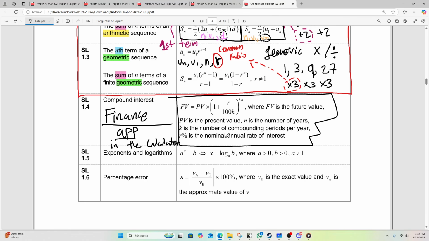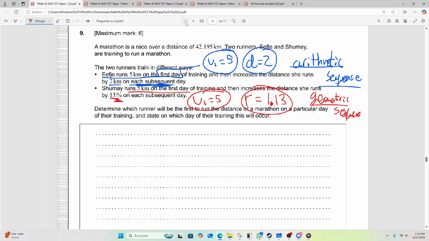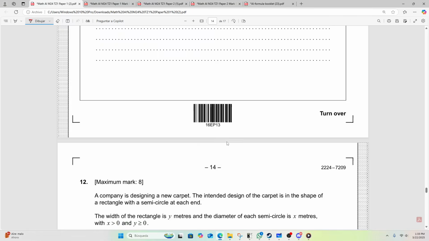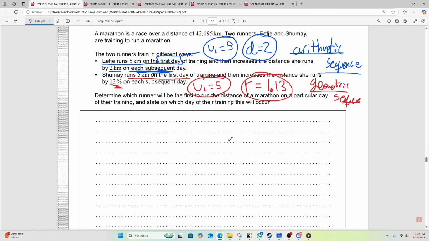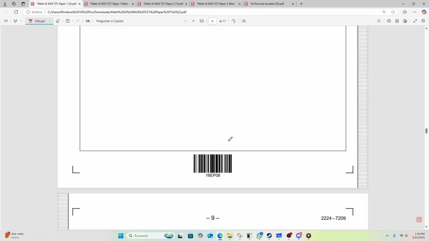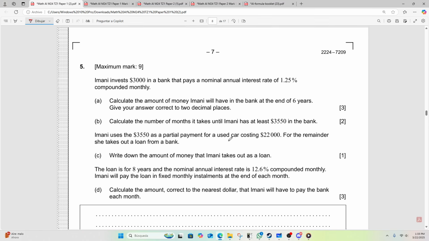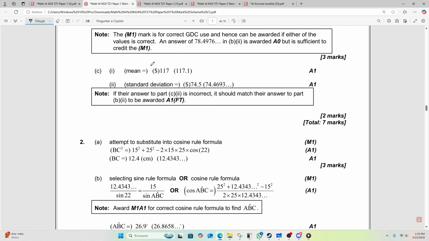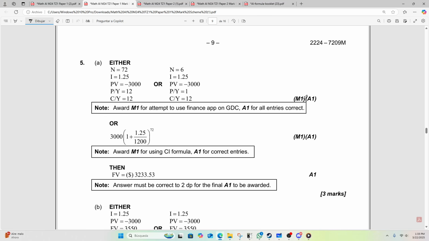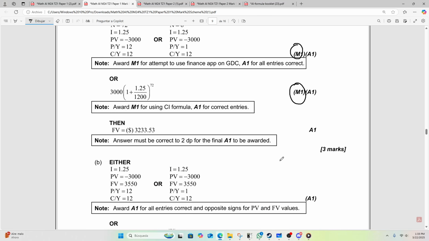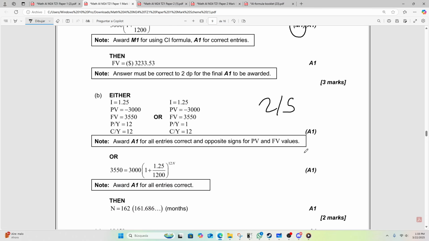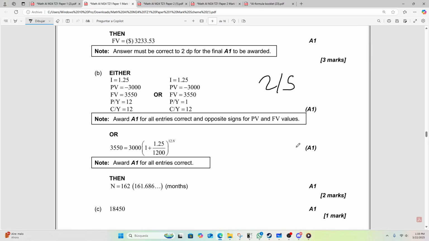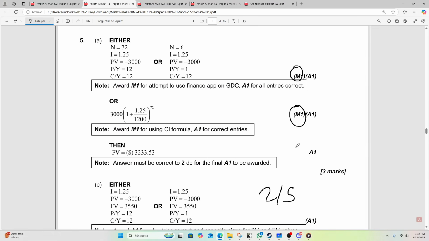I'm not going to jump into it right now, but I can tell you that the finance problems, there's usually one per exam or one per pair of exams. See? I have no doubt I'm going to find it somewhere here. There it is. Boom. And notice for number 5, just to show it, method point, method point. So 2 out of 5 just for method. And you're probably going to get 1 or 2 of those correct if you're doing the right method. So on average, you will get like 4 out of 5 on this? It's not too terrible. Or at least that's what I think.